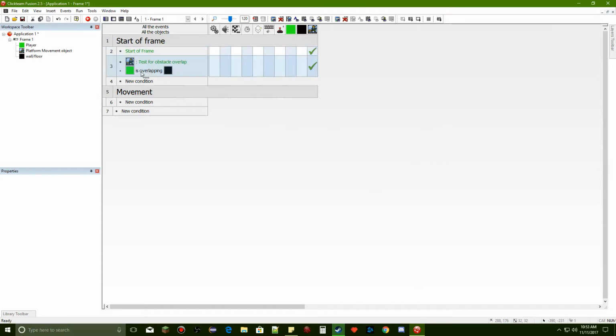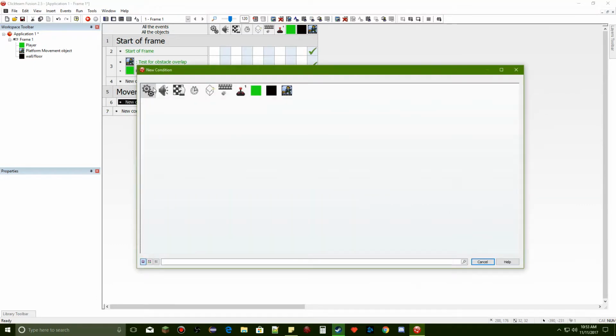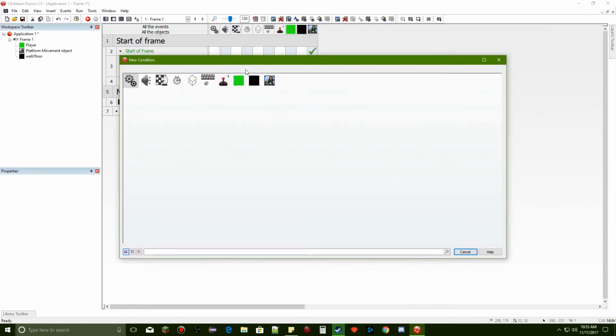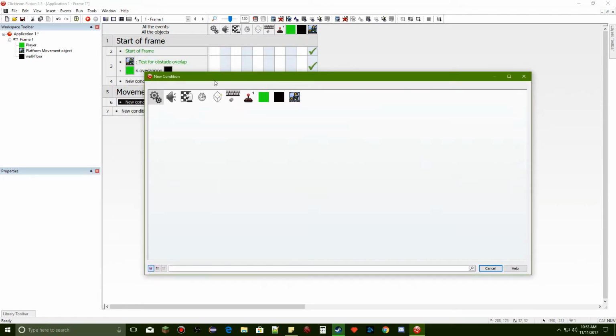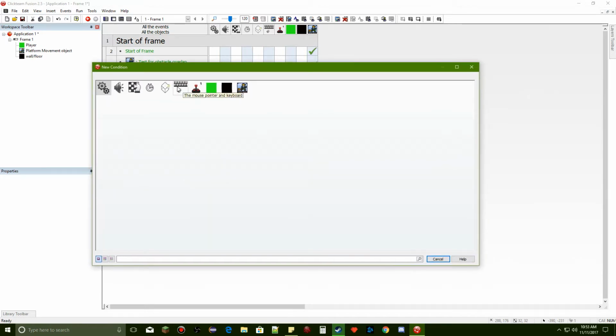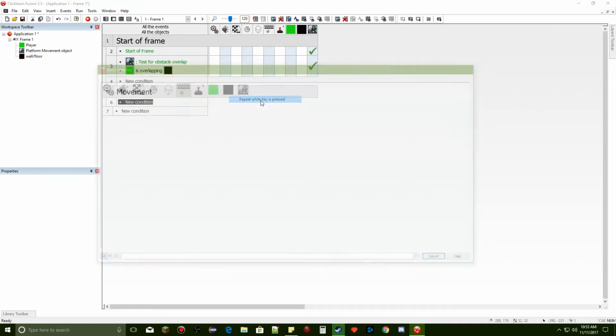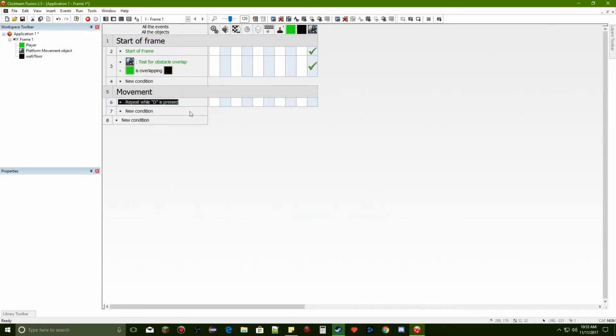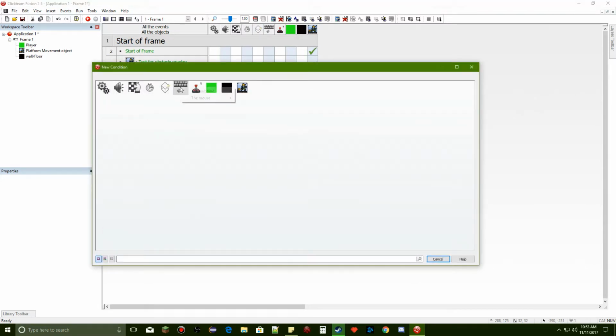Okay, now we can go on and start our movement. So let's start by doing our left and right keys. What we're going to do is add a new condition under our movement group events. We're going to go to mouse and keyboard, and we want repeat while key is being pressed, and this one's going to be D, and our next one is going to be the same thing, but it's going to be A. So keyboard, repeat while key is pressed,